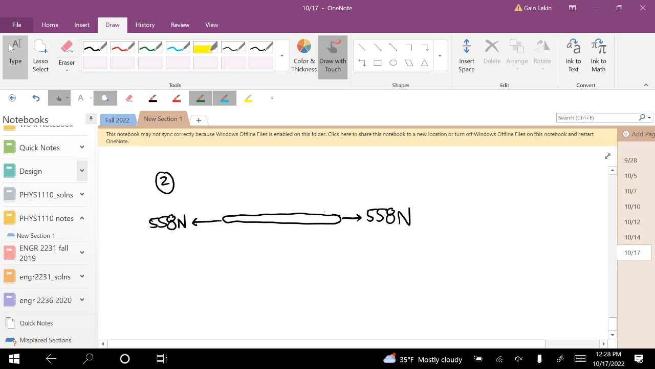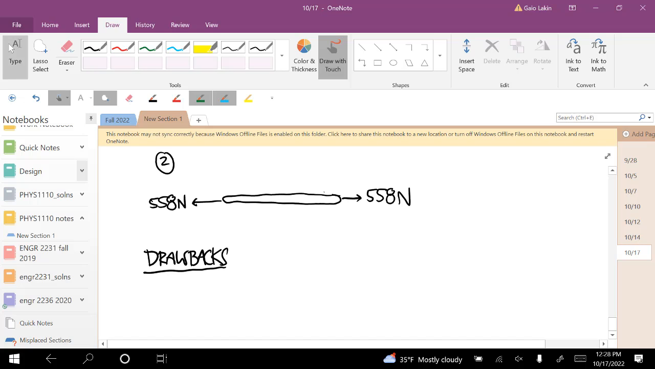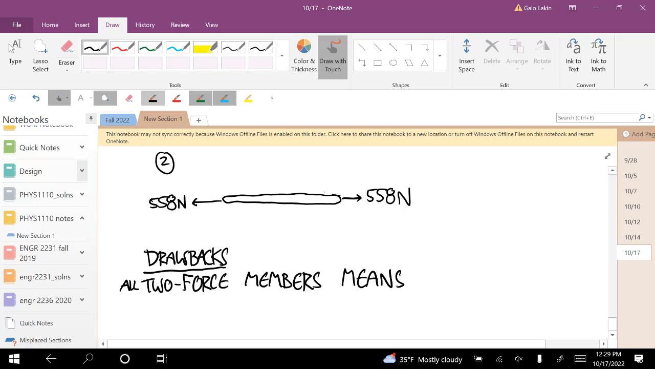Okay, so what are the drawbacks of this approach? Yeah, you can't do it if it's not a truss. So this two-force member simplification requires these things. So let's say all two-force members means